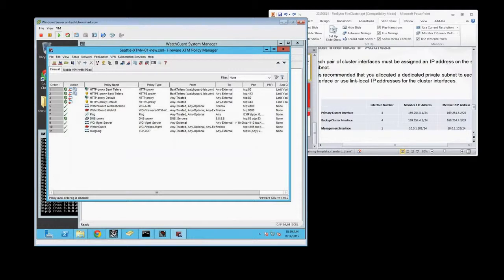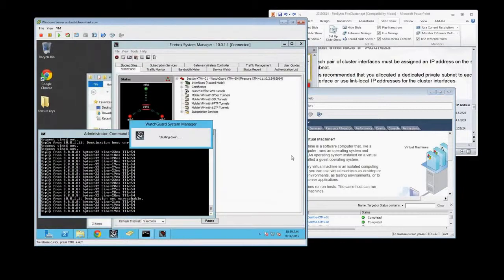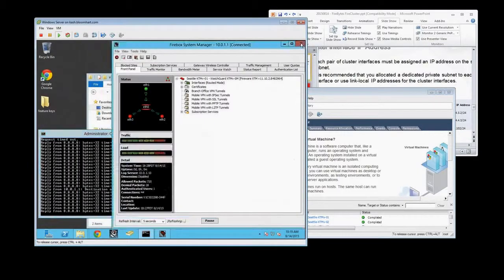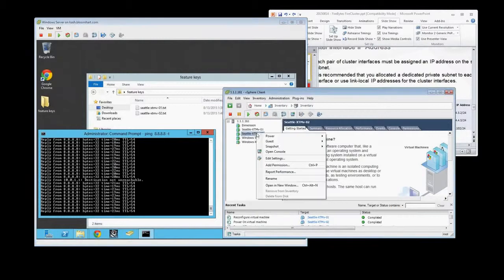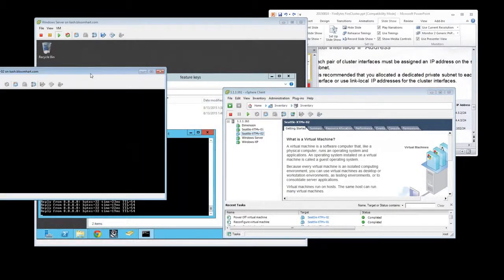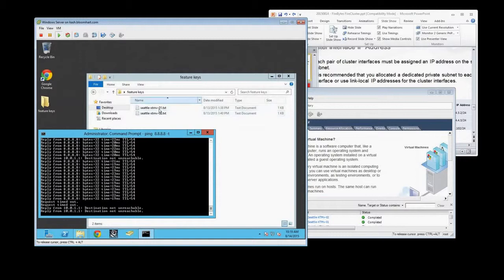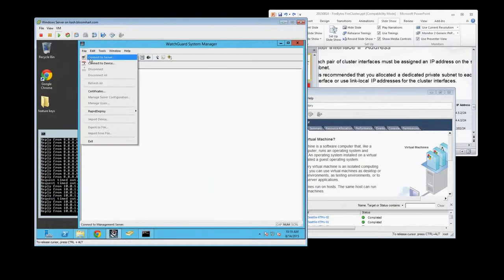For the virtual firewalls, what I'm actually going to do is come into my firewalls and actually just open up the config on one of them. So let's just go ahead and close out of my windows here. I'm going to go ahead and just power down my secondary firewall on there. So that firewall's shut down, as we can see here. Now the key is really to grab your feature keys and have both of them readily available on the computer that you're going to configure the Fire Cluster through. So I'm going to, at this point, start up Policy Manager, get into my primary device here,